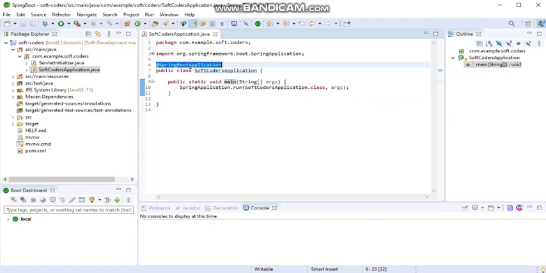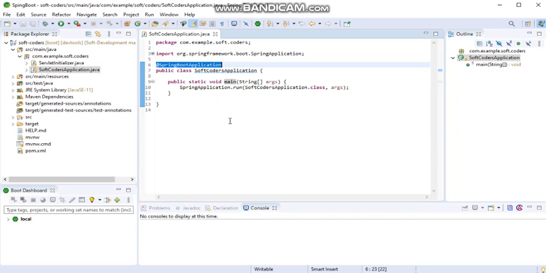And this annotation is provided by Spring Boot, and it is a combination of multiple annotations. Inside it, multiple annotations hide a lot of things that we need to provide in Spring, like configuration, component scan, and package related things, but in Spring Boot we no need to provide them.